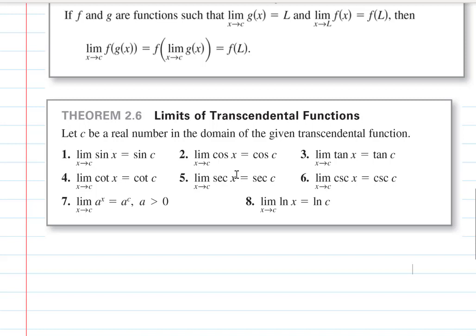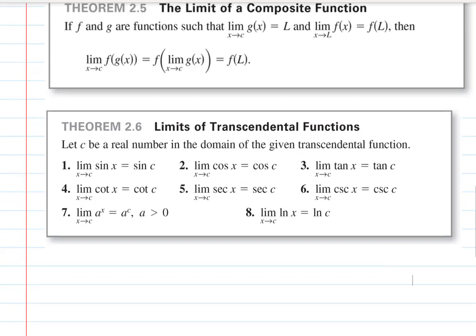Then tangent, all the other four have asymptotes, but of course we don't have anything going on at those asymptotes because they're not part of the domain. But everywhere else, assuming this c is in the domain of the given transcendental function, then we can just use direct substitution and get that limit. Same thing happens with exponential and logarithmic functions. As long as that c is in their domain, we're going to be able to substitute directly and find that